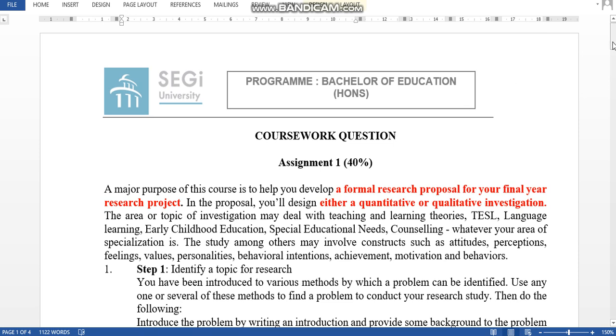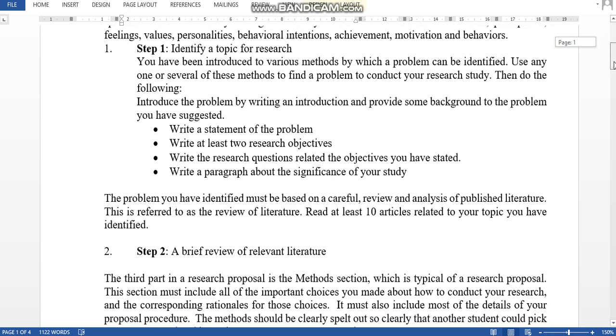Okay, let's move on. First, you have to identify a topic of research. As I said earlier, your topic for the research should come from your field. Bear in mind that it should come from your field so that you can continue with the study later into your final year project. So within chapter 1, I have put down earlier the subtopics that are supposed